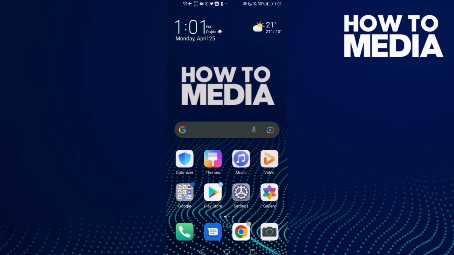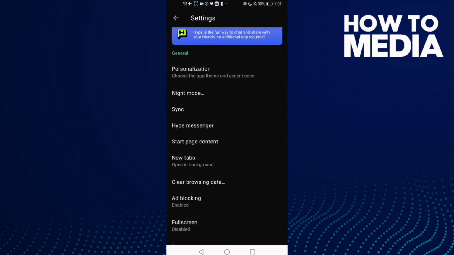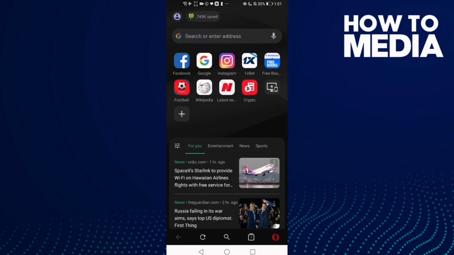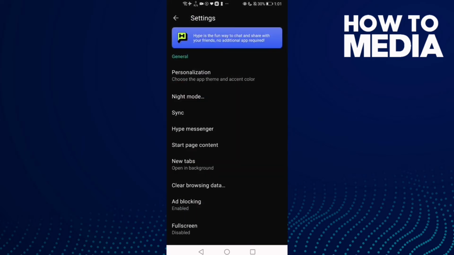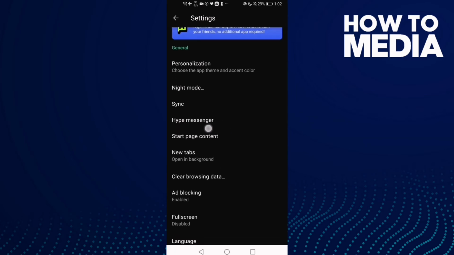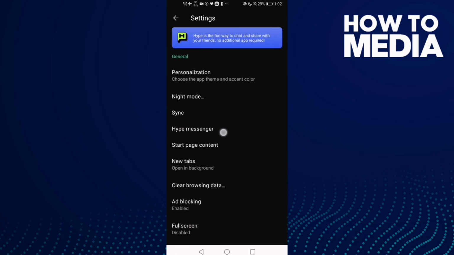First thing I'm gonna do is go to Opera, and then click this Opera icon here in the bottom corner, and then click this one, settings, and now you will find this one here, Hype Messenger, this one. Click on it,